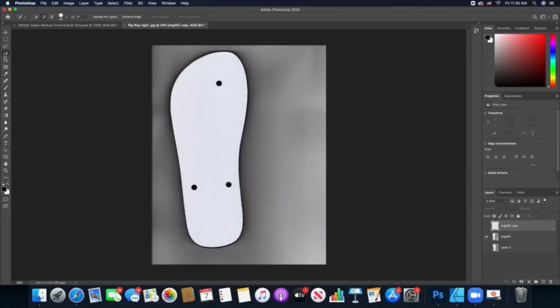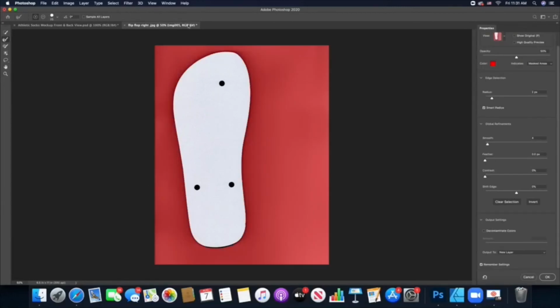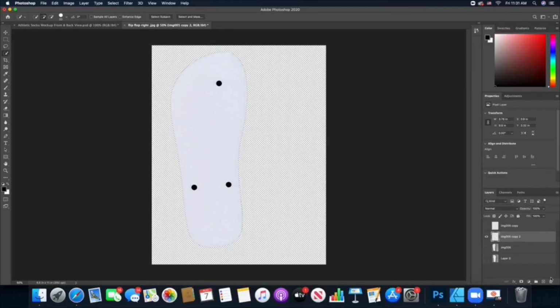I'm just going to quickly select my quick selection tool here. Make sure I'm on that layer and click quick selection or select subject. Now I'm going to jump over to select subject and mask. We still have some of the black parts down here. I'm going to clean that up by using my refine edge brush. And just like that, I'm still on new layer and it's on overlay, and just like that, I have two images that are ready